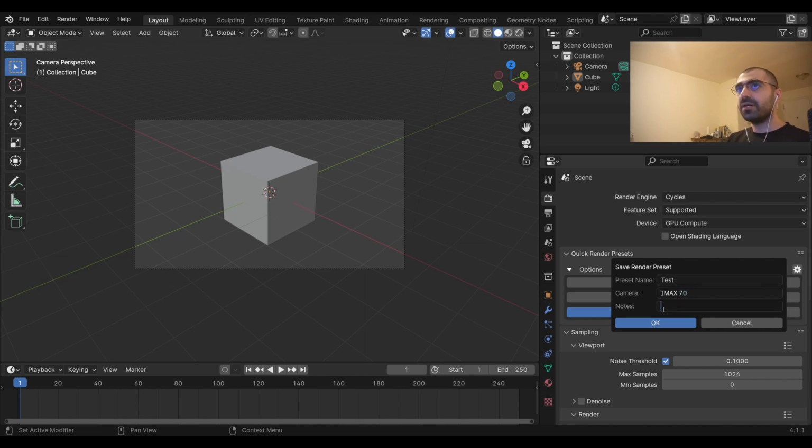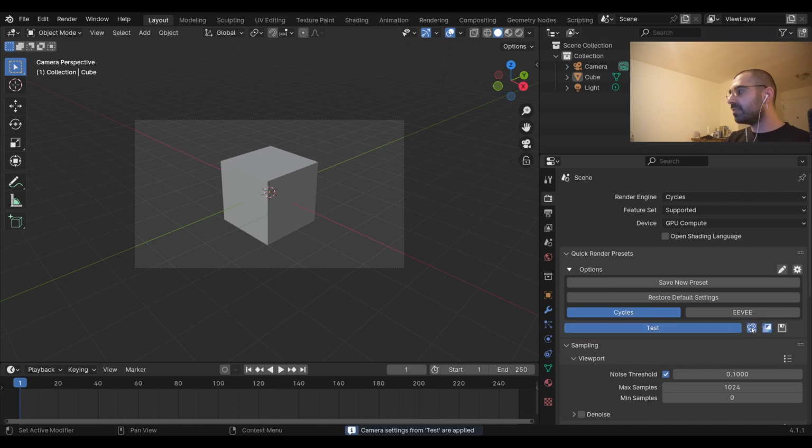And notes are extra notes that you might need, just to remind yourself of what the preset does, if it does something special, what the compositor tree is like, or if you're working with other people, just to help them see how the preset works. So I'm gonna type in test text. Okay, so now you have